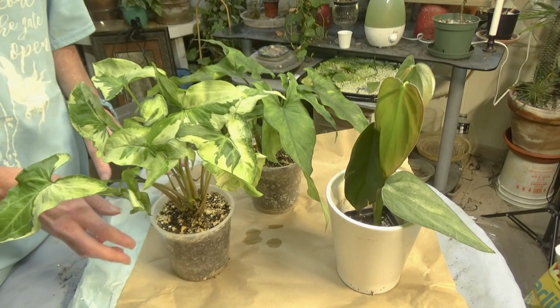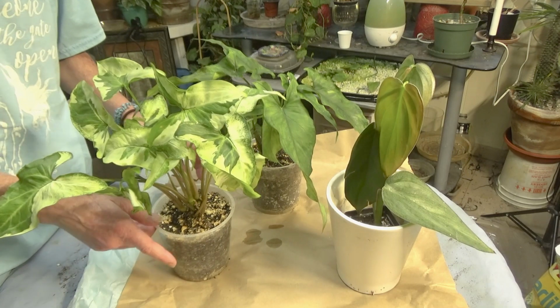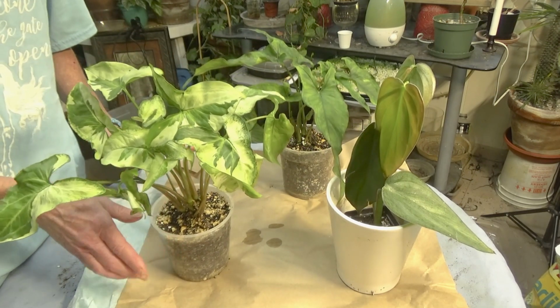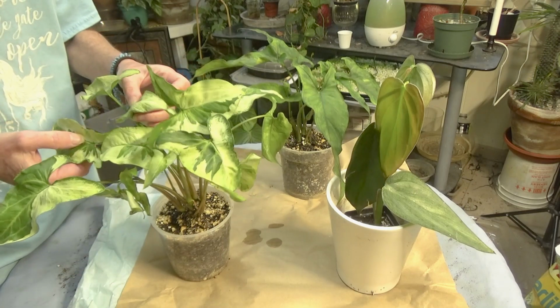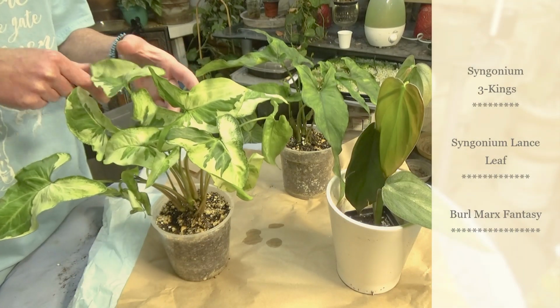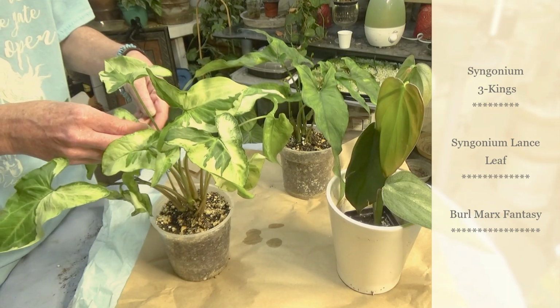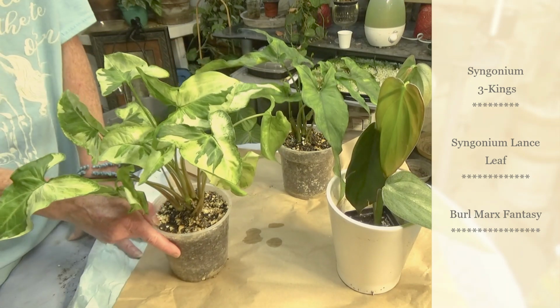I made the video, I just never put it up. I've been so busy out in my garden. And these two plants are also from Planted Portland from Etsy. I will put the name up on the screen. But this one,